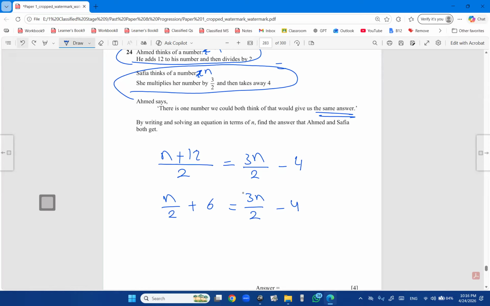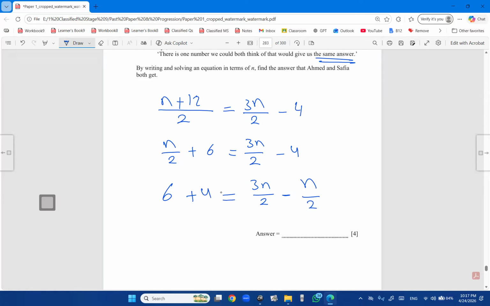Now it becomes very easy to solve. Get the n's together and the constants that have no variables also together. And as we agreed before, it is going to be much better that you take the small one to the big one. So here, the 6 plus 4, I got the negative 4 to the other side. And here, 3n over 2 minus n over 2